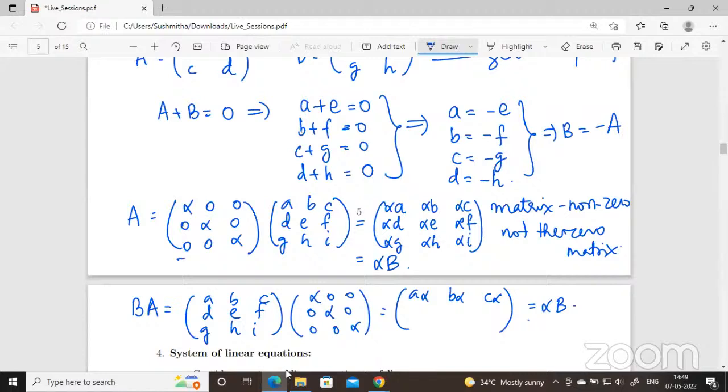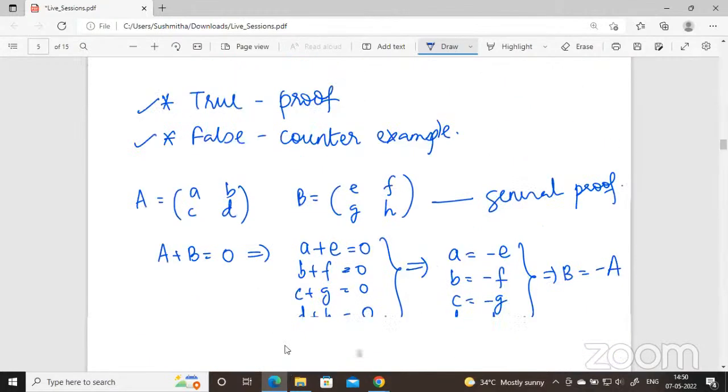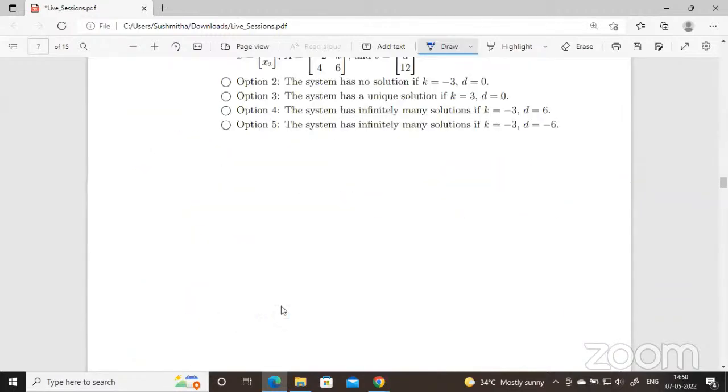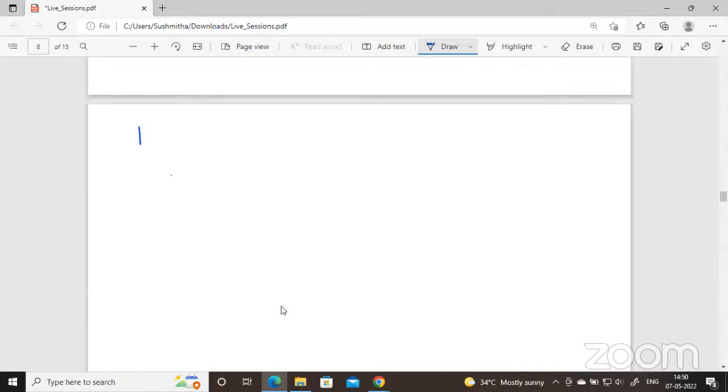So if it is a scalar matrix, I have proved for any general matrix B, A times B is B times A, right? Yes, ma'am. In simpler words, if it is a scalar matrix, then B is equal to some alpha times identity, right? Yes, ma'am. Ma'am, please show B into A. I want to see the B into A.